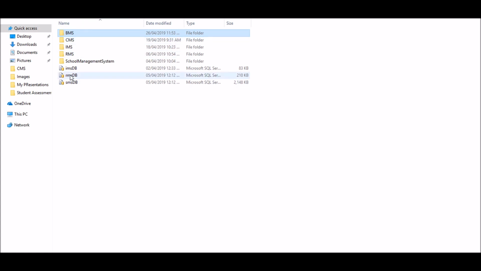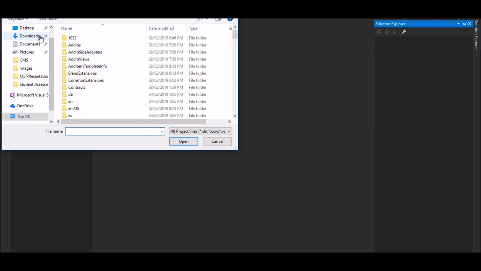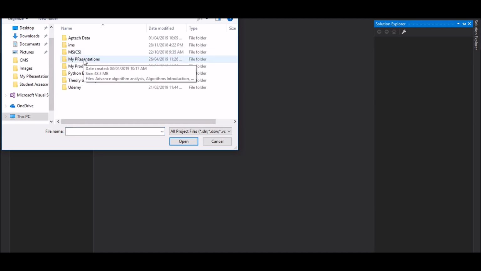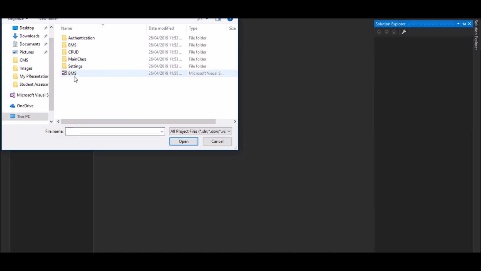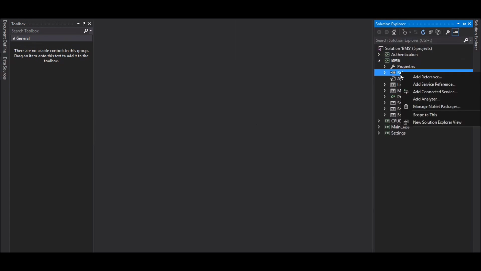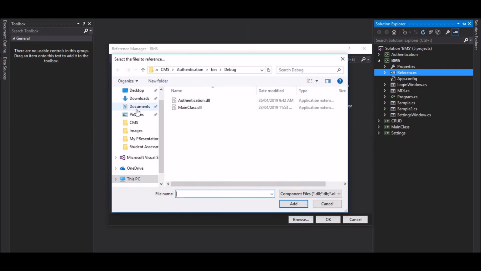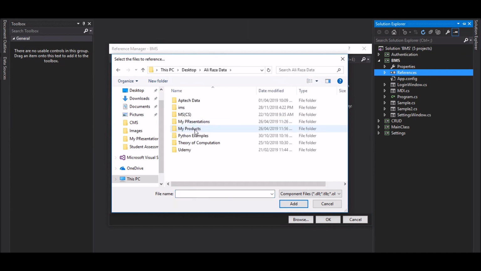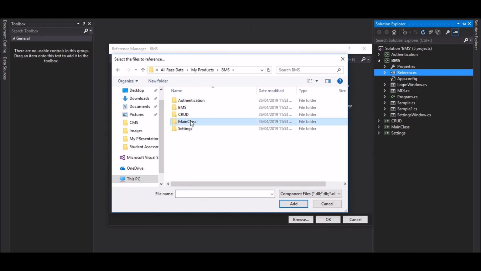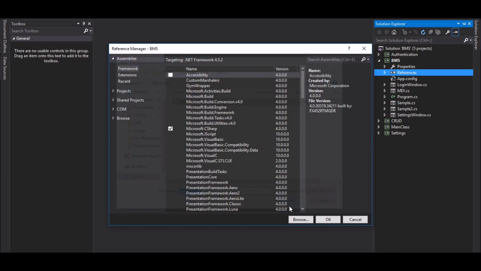So place it appropriately first, and then come here, file, open, project, and then desktop, and then my products, and then BMS, and then the solution file. Okay, so all things are now loaded, and now add the references, because this is the final destination. Now add references, browse, and then go to the desktop, and then data, and then where is that, my products, and then BMS, and then what I need to add first, my class bin debug, and then that's my DLL, that's my module